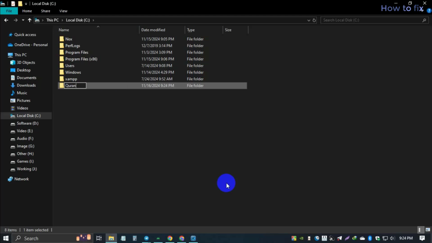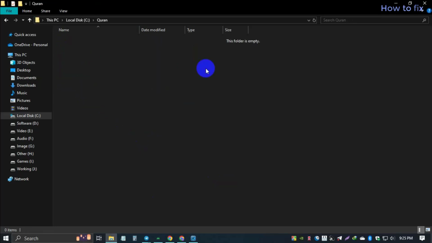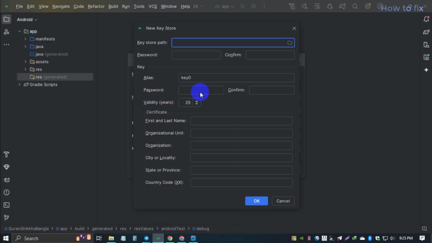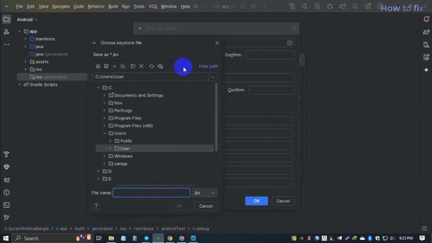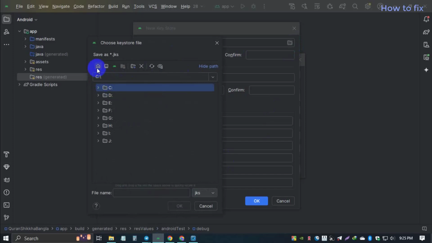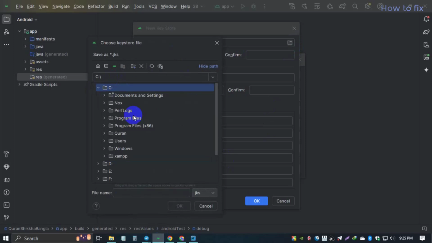It helps to find my app in the future. So I set my app's Quran folder name this. Okay, now I select the path, go to C drive and select Quran, then file name